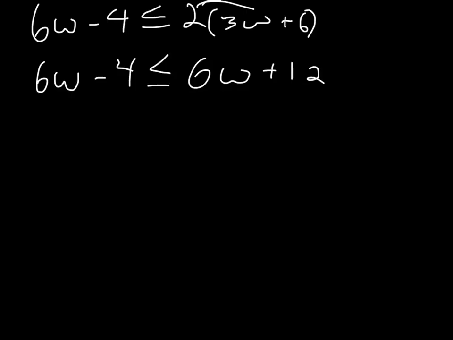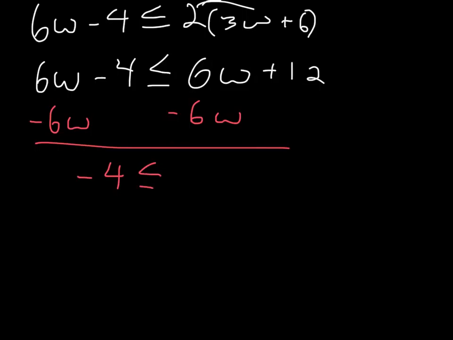Okay. Now here I'm going to subtract my 6w, and when I do that I get no w's, or 0 w's, and then minus 4 is less than or equal to 12. Okay, this one is tricky because we don't have any variables left, so we can't really graph this. I guess we could. I'll tell you how to do that in a little bit, but since this is always true, since negative 4